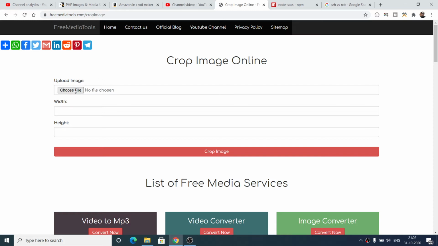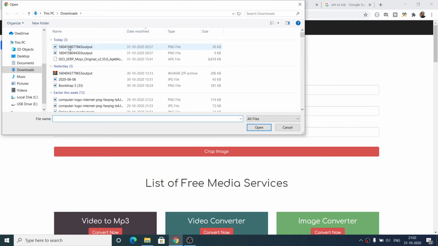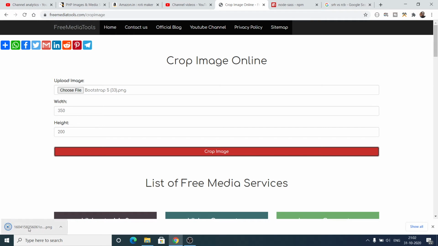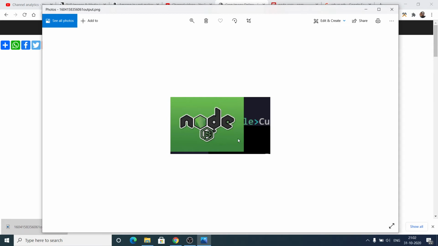So basically the user interface is pretty simple here. You need to upload the image which needs to be cropped. This is my image here, so I will select it. All sorts of extensions are accepted: png, jpg, gif, all image types. And then there are two input fields that you are seeing here. These are mandatory fields. You need to provide the width and the height of the cropped region. So I will provide the width, let's suppose, as 350 and the height as 200. And as soon as I click this crop image button, your image will be cropped and successfully downloaded as an attachment. So if you open your image, you will see that your image has been successfully cropped.